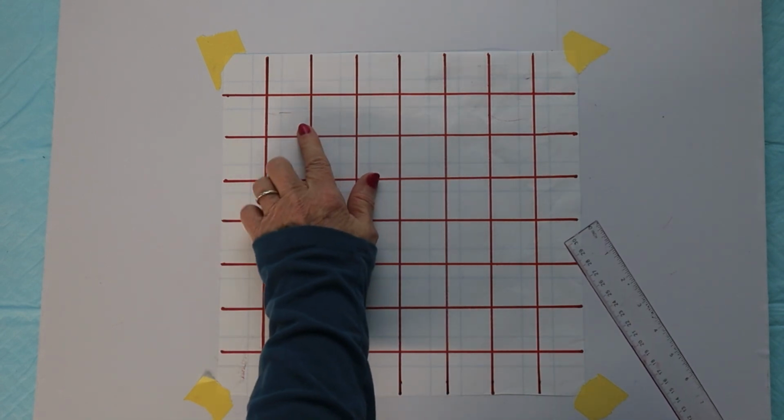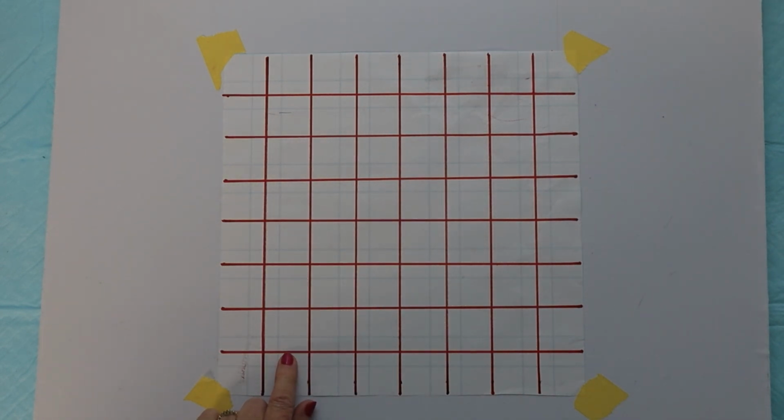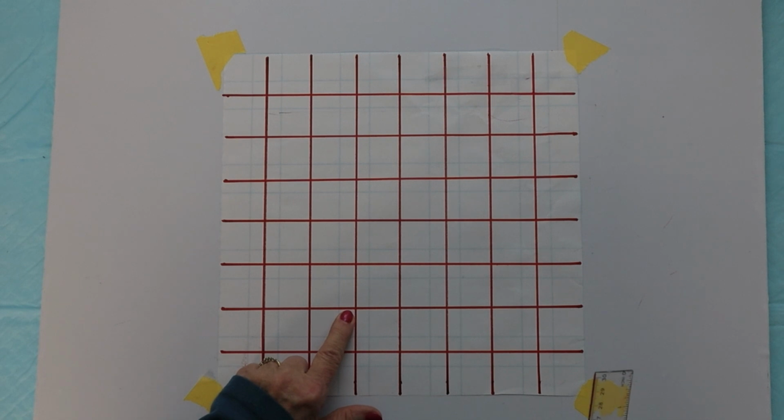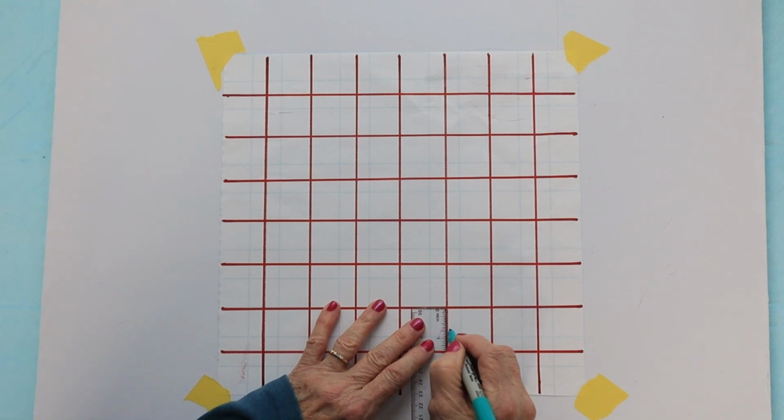Alright, so I'm going to start, let's start at the bottom on this one. We've got 2 that's blank, 1, 2, and on the third one, here's the trick. These blocks are 1.5 inches. I need to find the center of these 2 blocks so that I can draw that heart. So what I did was half of 1.5 is 3/4. So I just used my ruler and I found my 3/4 mark, and